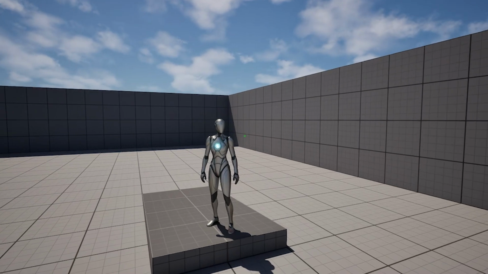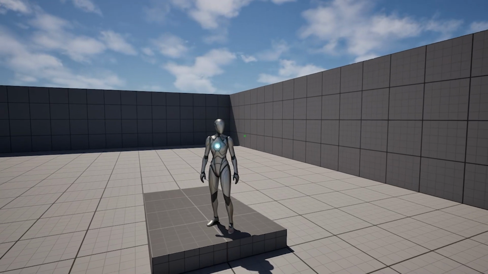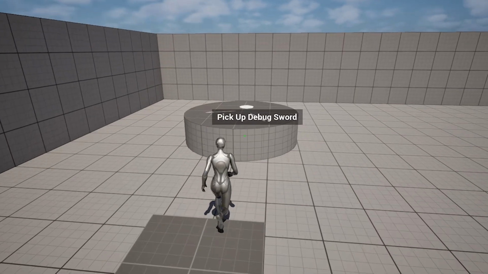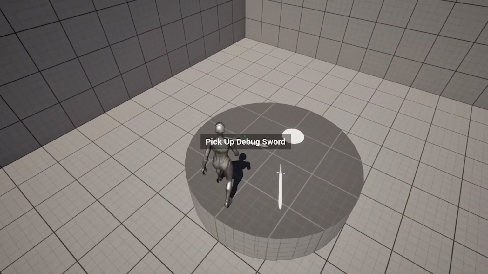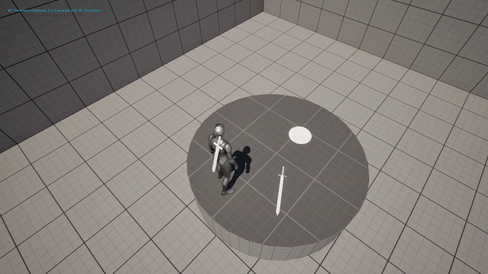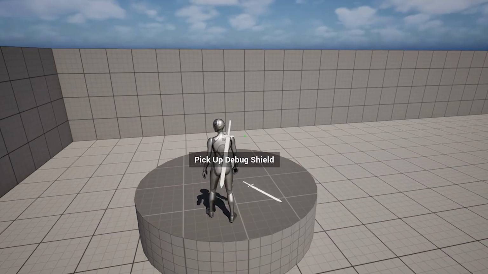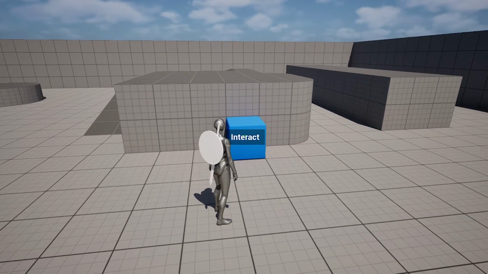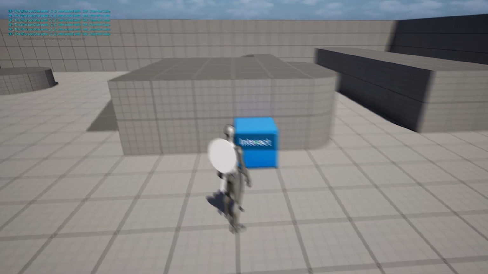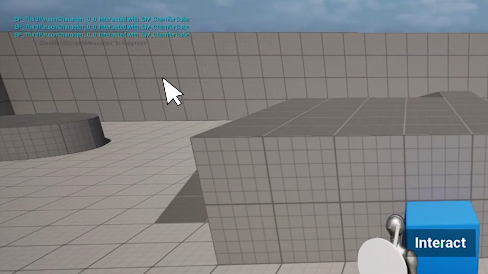What's up, everyone? Today we're going to be looking at casting and why you shouldn't do it by looking at integrating multiple systems together. So to start, I've got these items on the ground and I can interact with them, which will add them to my character. And if I come over here to this box, you can see this one says interact. If I click on this, you can see that the little message pops up at the top, but nothing is